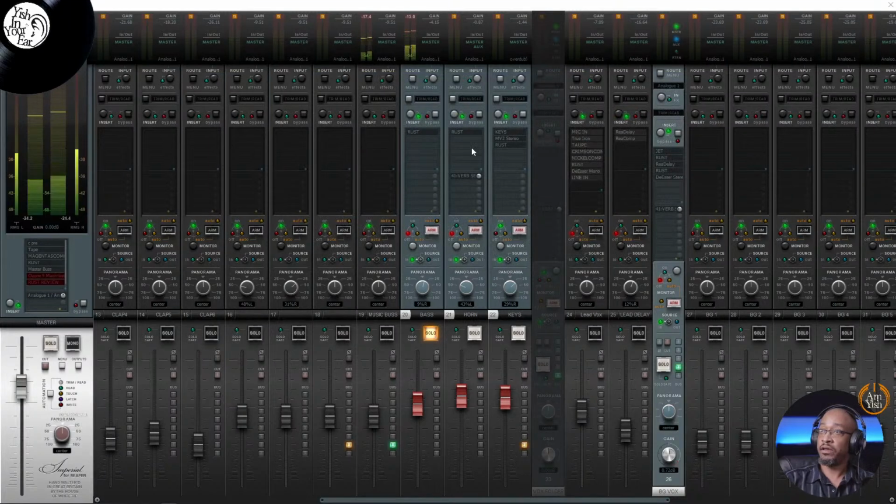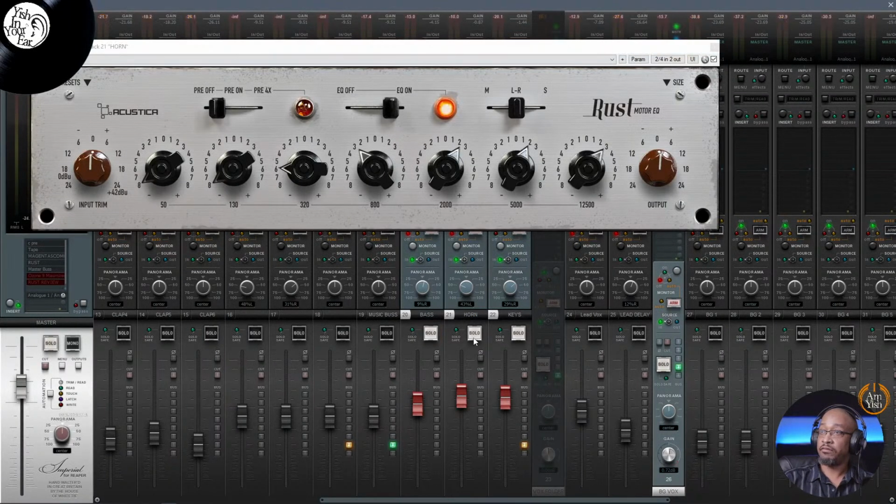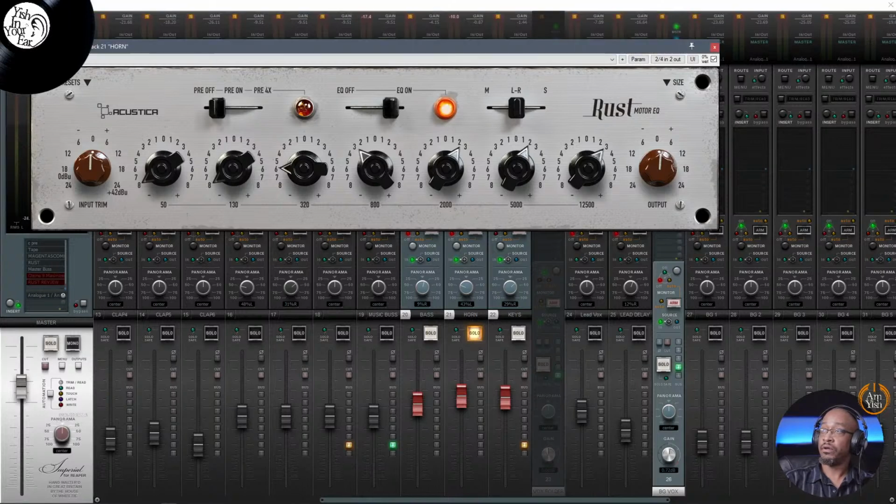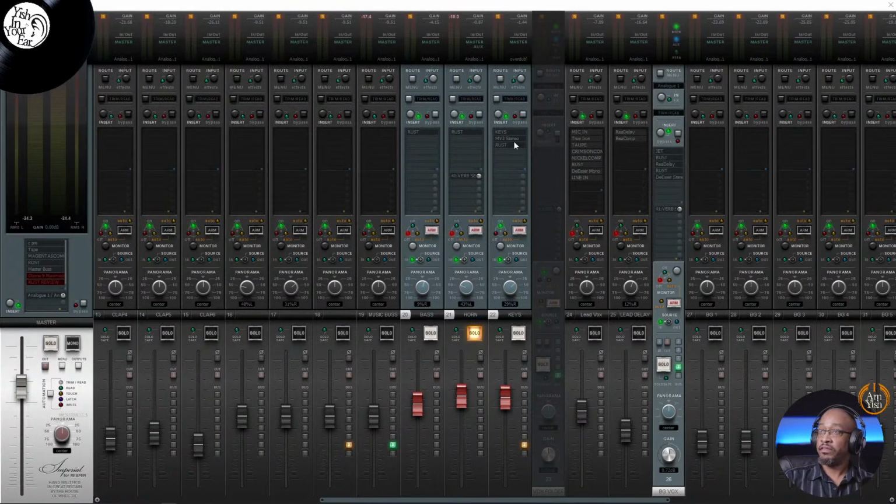All right. And then what we have here is the horn. So this is before. Here's after. So we took out that low. Kind of wanted to accentuate the highs to cut through a little better. All right. The keys